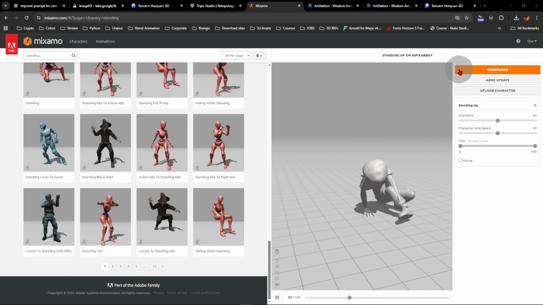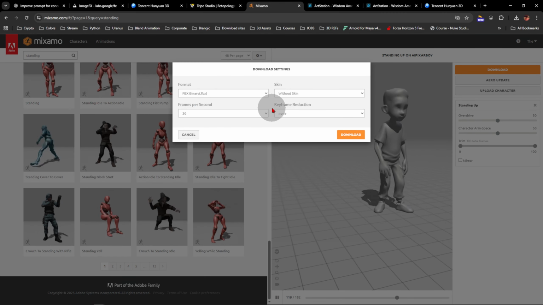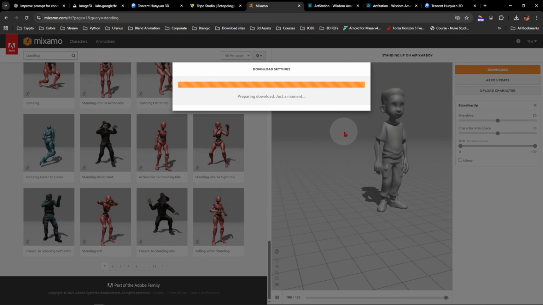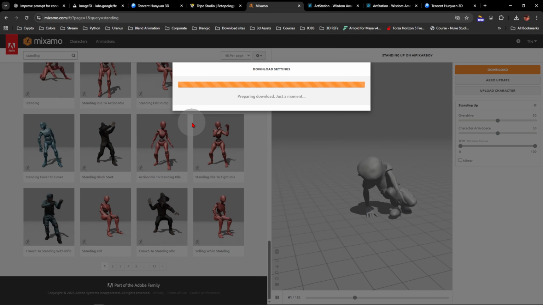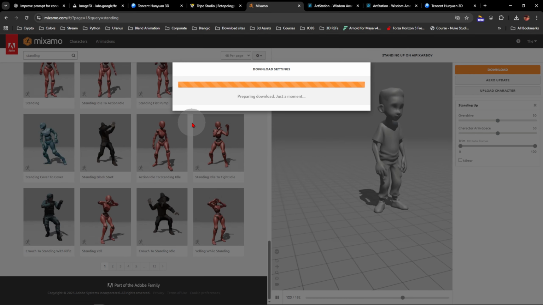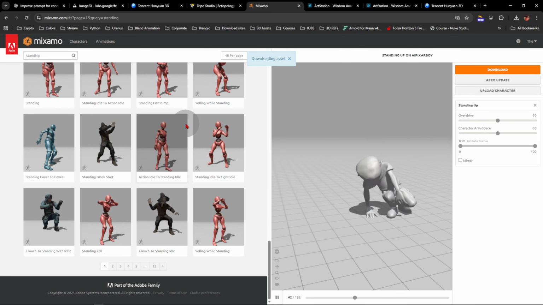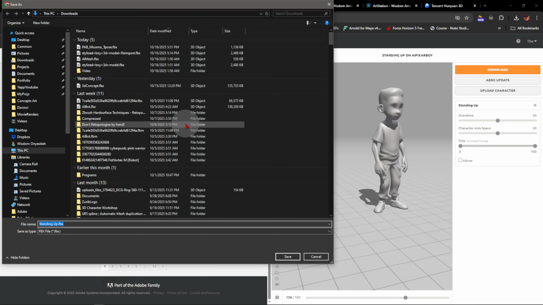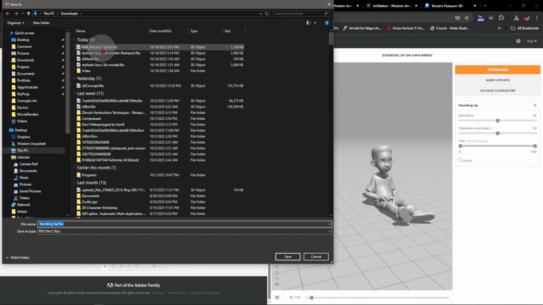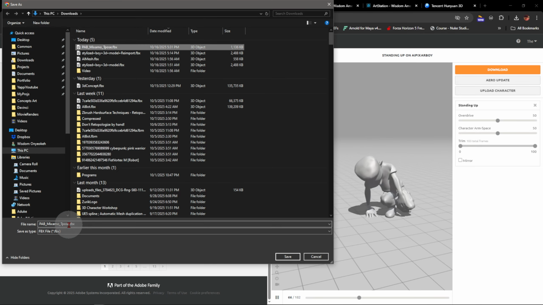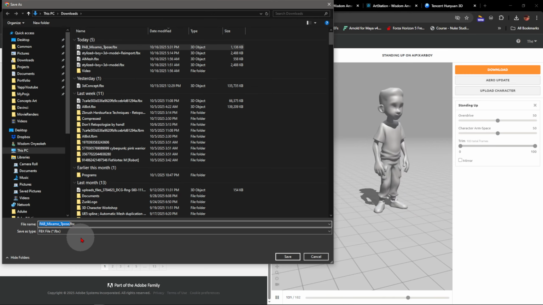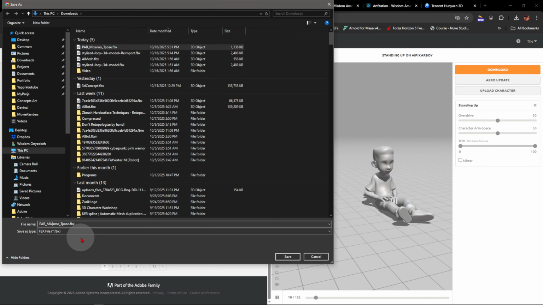Okay, so like I said, I want to download this without skin. Download without skin. Call this pub Mixamo